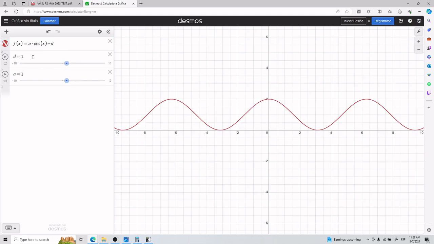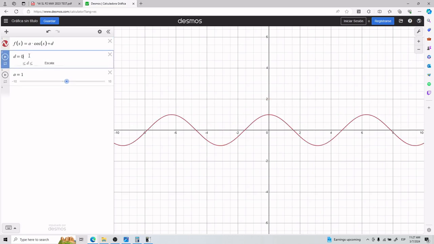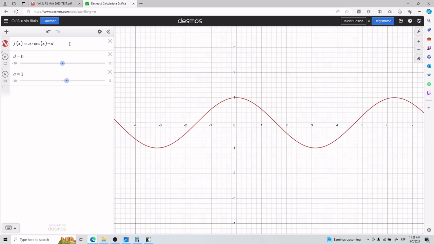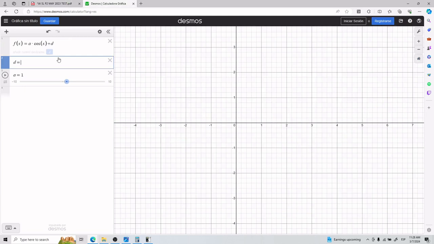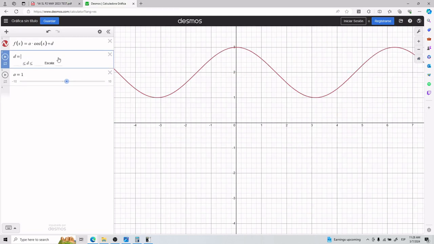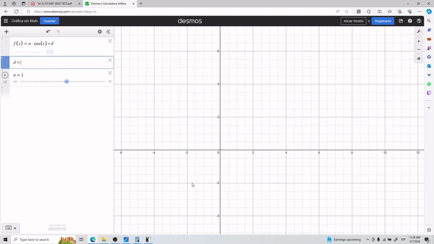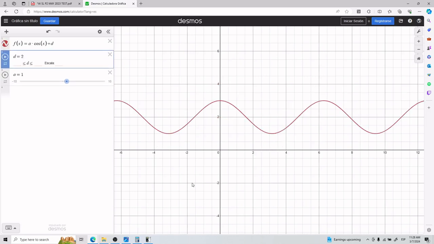So imagine that D doesn't exist. Imagine that D is equal to 0. So this is your starting point for the cosine, right? And what the vertical translation does is that as it grows, your function literally goes up. It doesn't change in any other way, but it goes up. For example, when it's equal to 2,